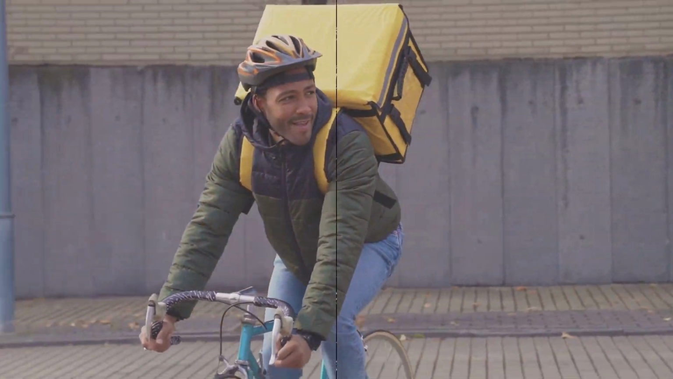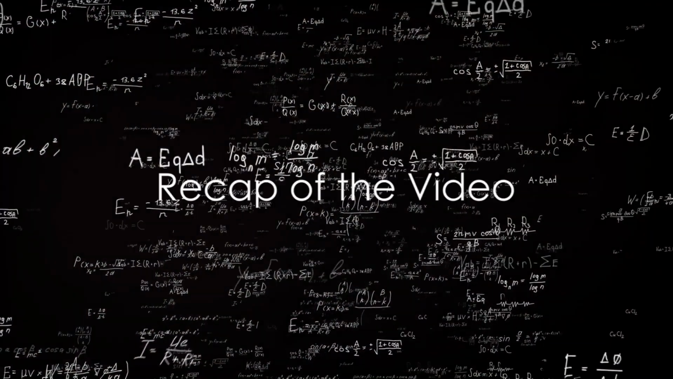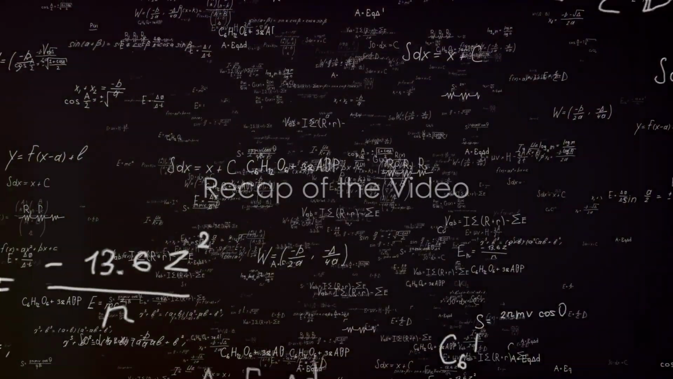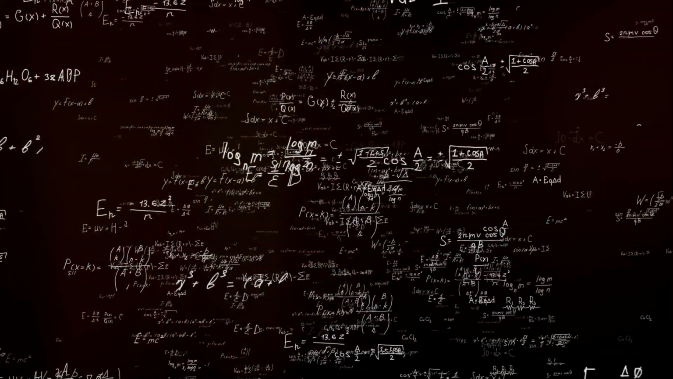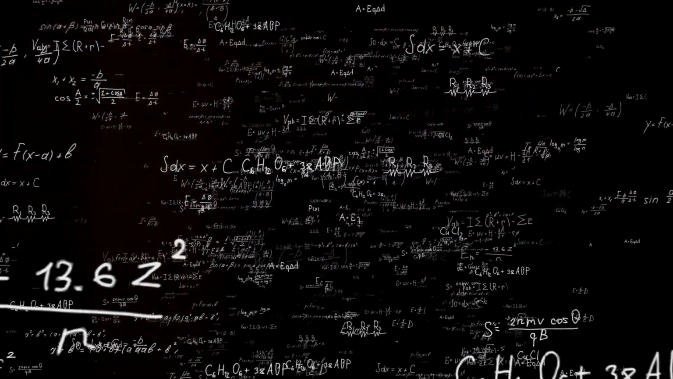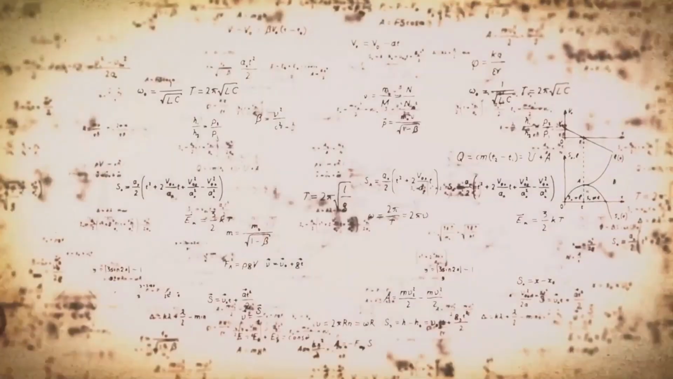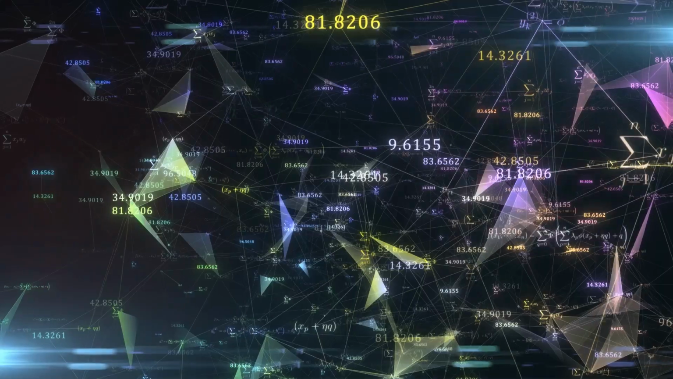Let's take a moment to recap what we've learned today. We started by defining Hamiltonian paths, those unique routes that visit each point in a graph exactly once. Then, we moved on to Hamiltonian cycles, their circuitous counterparts. We delved into their fascinating properties and how they differ. Finally,